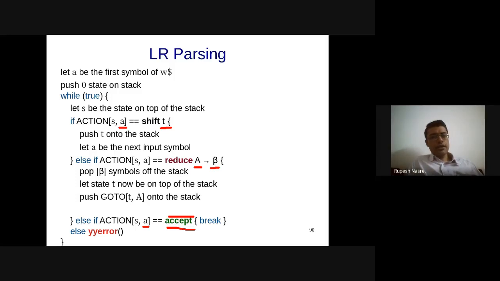So here there is an action and then there is a go to, right? These are two different functions which I have. Action is on the terminals and go to is on the non-terminals. That is the nomenclature which gets used, but you can use action for both of them. That is also okay. This is just for clarity, right? So then I'm going to push onto the stack whatever is the state corresponding to go to of T comma A, and then I'm also going to output the production. In this case, output is just again an abstraction. Let's say you want to store that this is the production which was used, A deriving beta. Okay. Any questions on this algorithm?